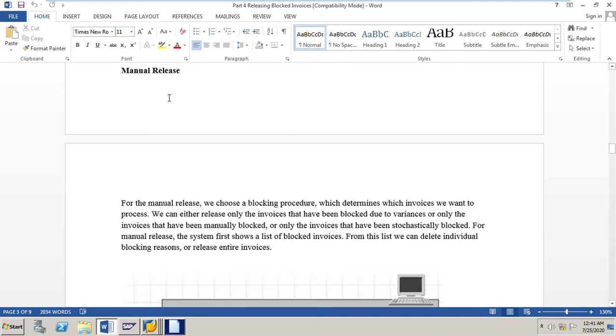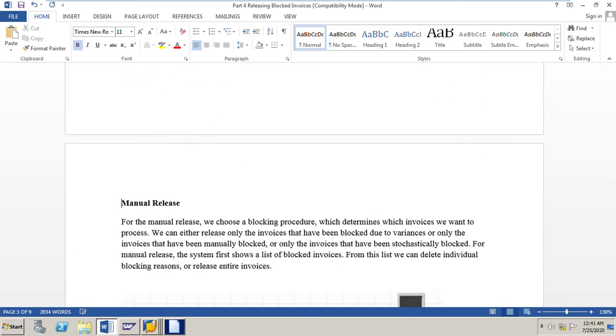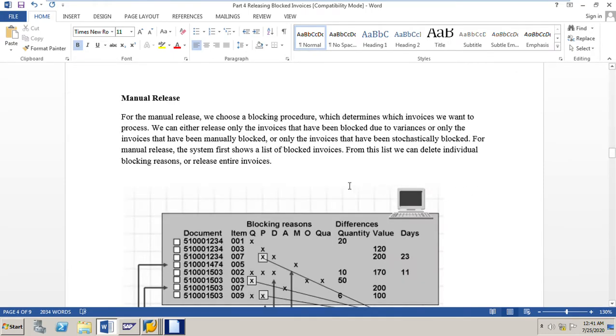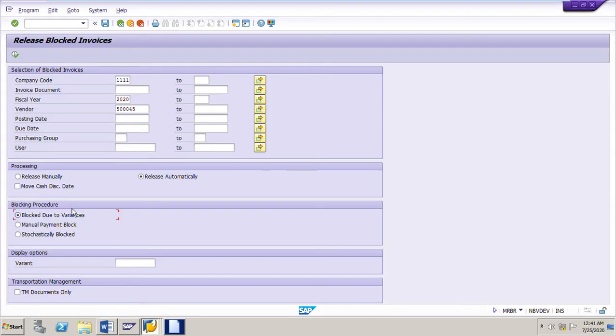Manual release. We will go through some more details of the manual release. For the manual release, we choose a blocking procedure which determines which invoices we want to process. Just now I told you, if you want to release the invoices manually, we can select whether we want to release invoices blocked due to variances, or invoices which have manual payment block indicator, or invoices which are stochastically blocked.